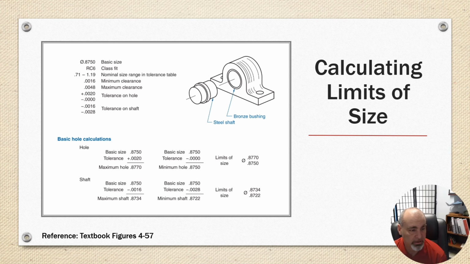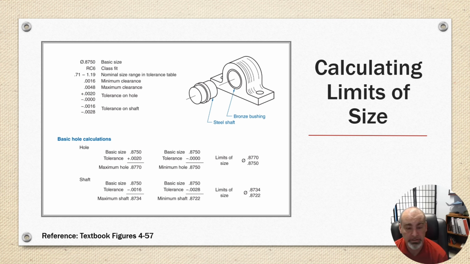877 thousandths in diameter, and our basic size, because it's 0, is going to be 877. And then our shaft, we have to do two calculations. We're going to subtract 1.006 thousandths from 875.0. It's going to give us our larger size, which is 873.4 thousandths. And then from our basic size, we're going to subtract the low of the tolerance, which was 2.008 thousandths. And that gives us the low of